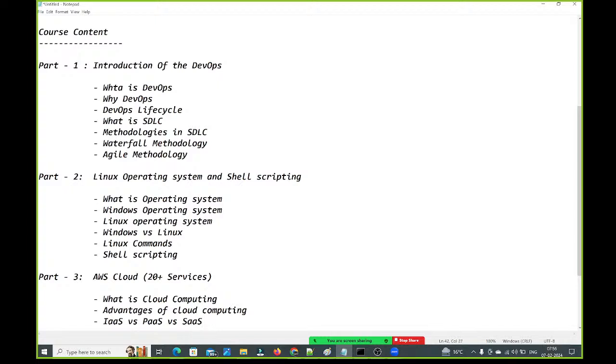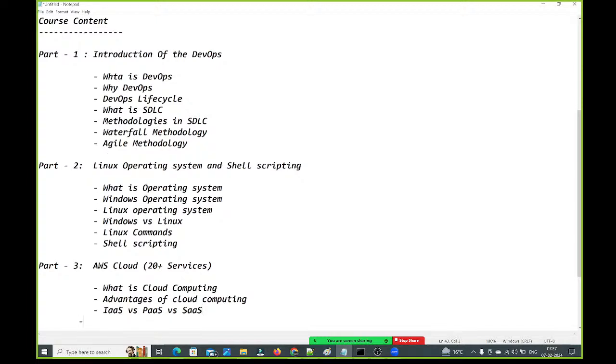Some of the services are in infrastructure as a service, some are in platform as a service, some are in software as a service. So here we are going to understand what is IaaS, what is PaaS, what is SaaS. If you go with IaaS, what cloud is providing and what you need to take care of. The same for PaaS and SaaS. Everything we are going to understand here, guys.